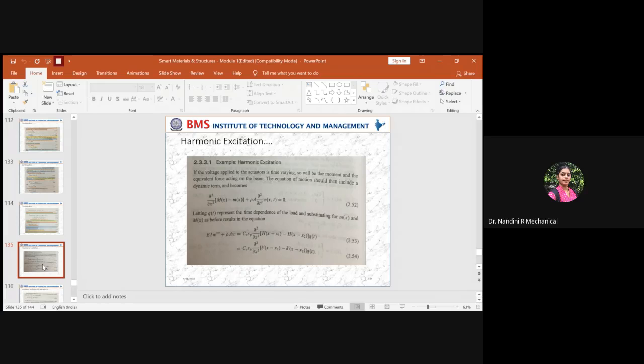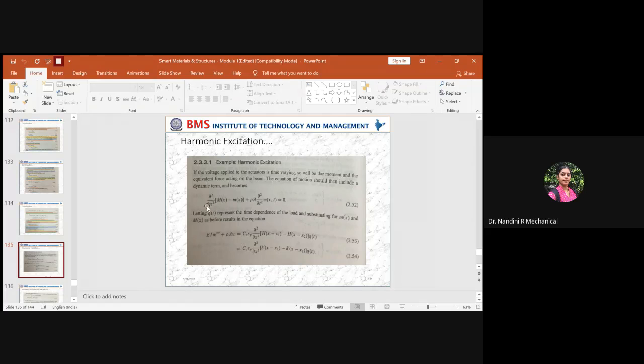And you don't have numericals related to the other models we have studied, the uniform strain distribution and axial motion of the rods. Related to that, you don't have any problems. Only related to the beam, you have the problems you have to understand. So everything is based on the bending moment equation, right?